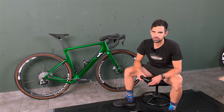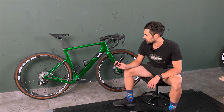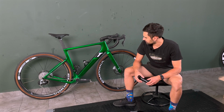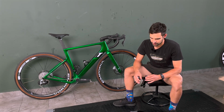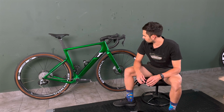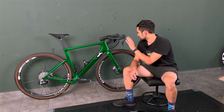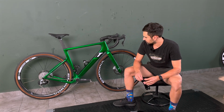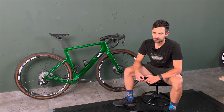Today I'm bringing you another update of my RaceMax Italia gravel bike. There are some fairly big changes that I've done this time, both in terms of the group set, as you can see, and the front end. So let's just start with my main issue with this bike that I've been struggling with, and that was the